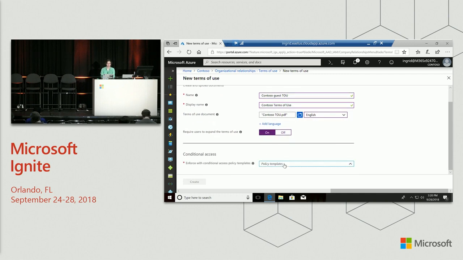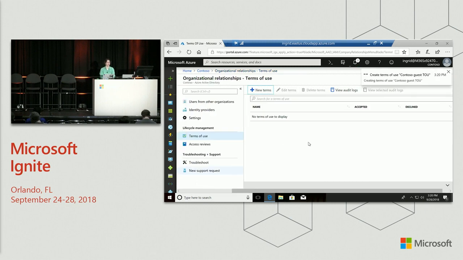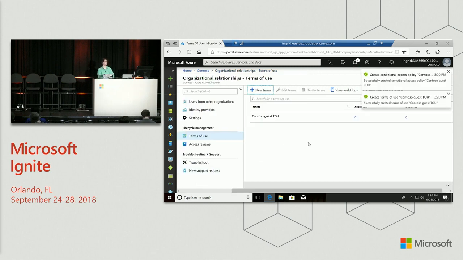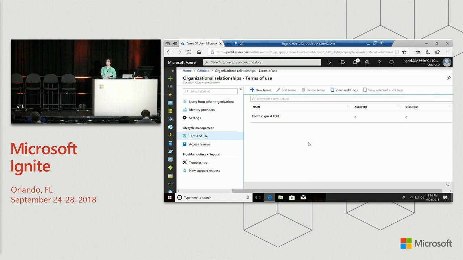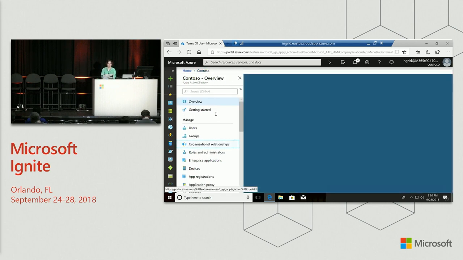And we're going to use a policy that targets access to any cloud app for all guests and create that. So now she knows that any guest coming in going forward will get this TOU prompt, and that's true whether they're coming in for the first time or if they've already been in the system and they're coming in for the second time or the 5th time or the 500th time. If they haven't agreed to the TOU, they're going to get a prompt that asks them to agree to it. So now she's going to go to conditional access